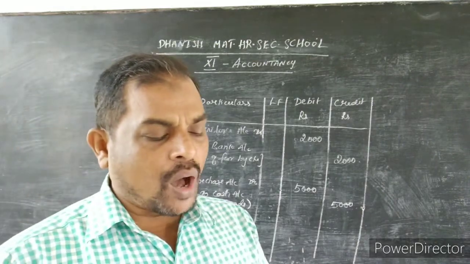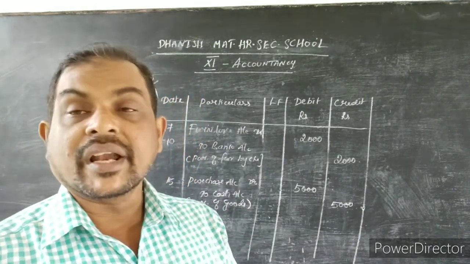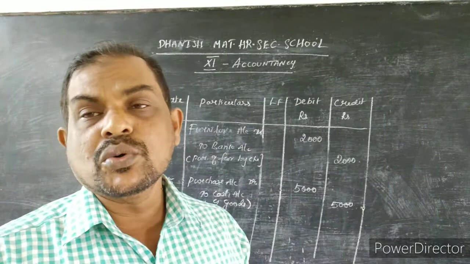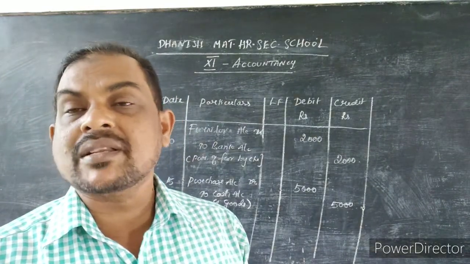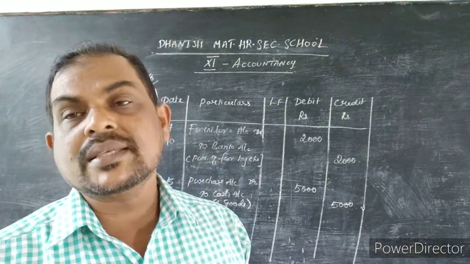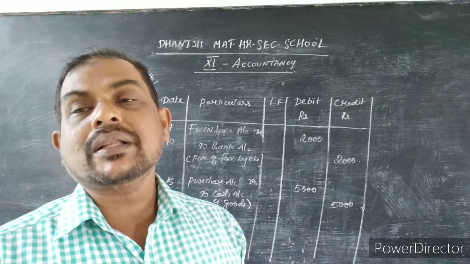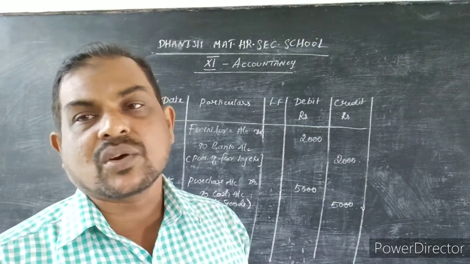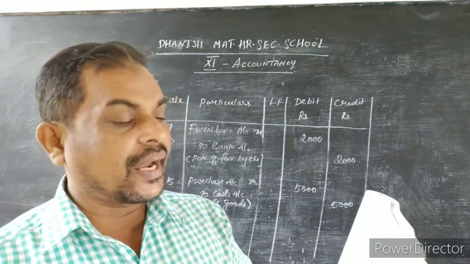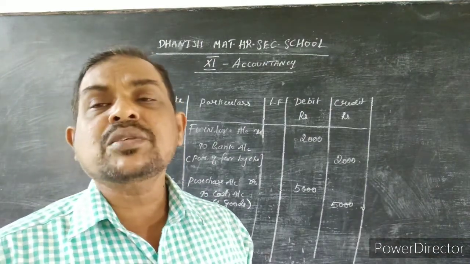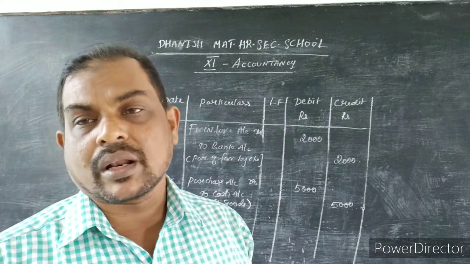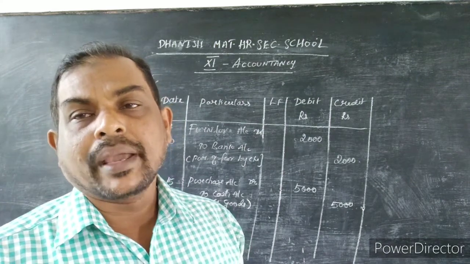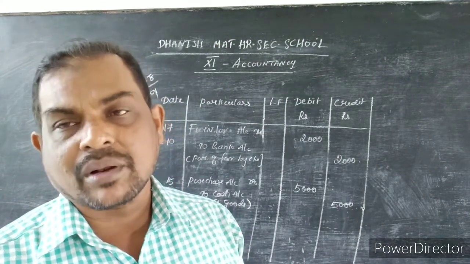Sold goods to Vasu on credit. Sold goods is nothing but sales. Sales is a nominal account. That is an income, so as per the nominal account rule, any income comes on the credit side. So the sales account will come on the credit side. Okay, this sale was made to whom? Vasu, on credit. So he did not pay the amount, that is, we didn't receive the amount from Vasu.